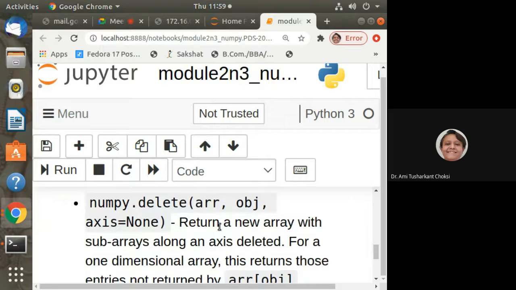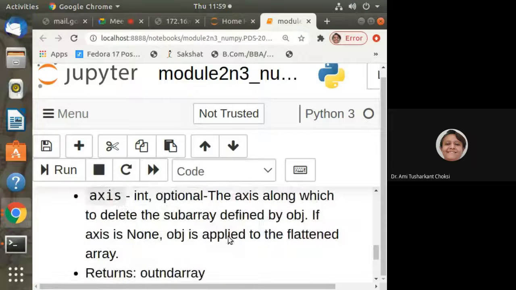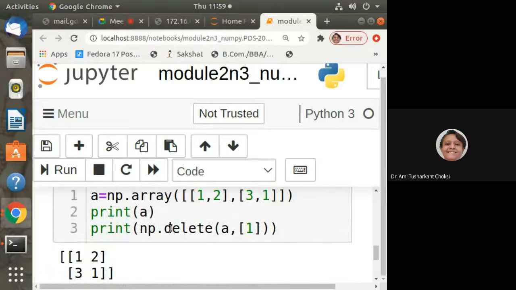Then we can use numpy.delete. Let us see the example. We have a numpy array a, and we do np.delete(a, 1).